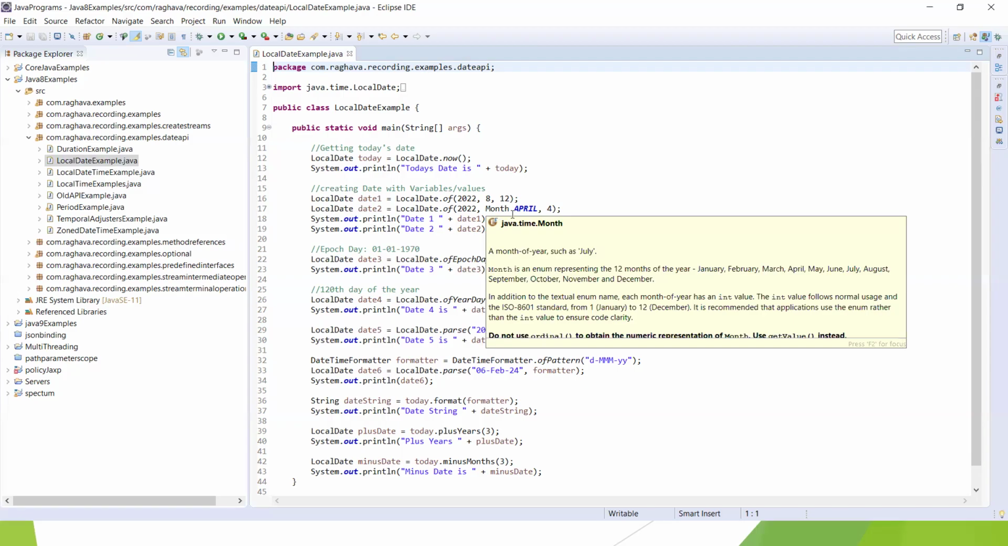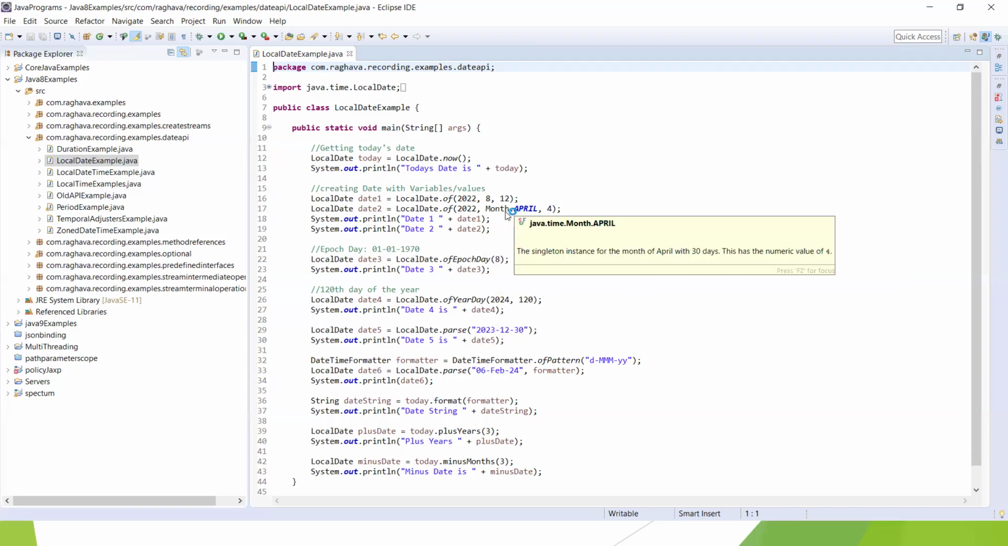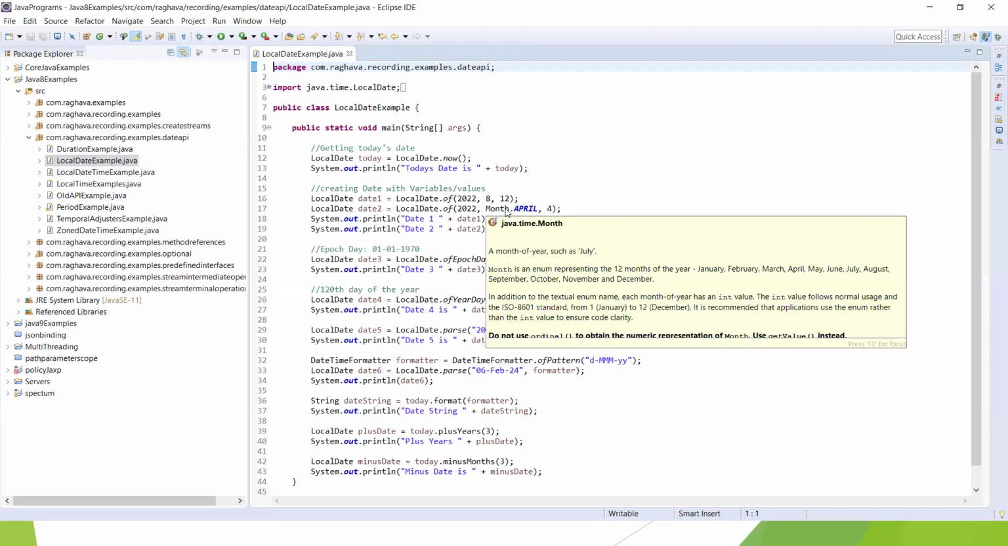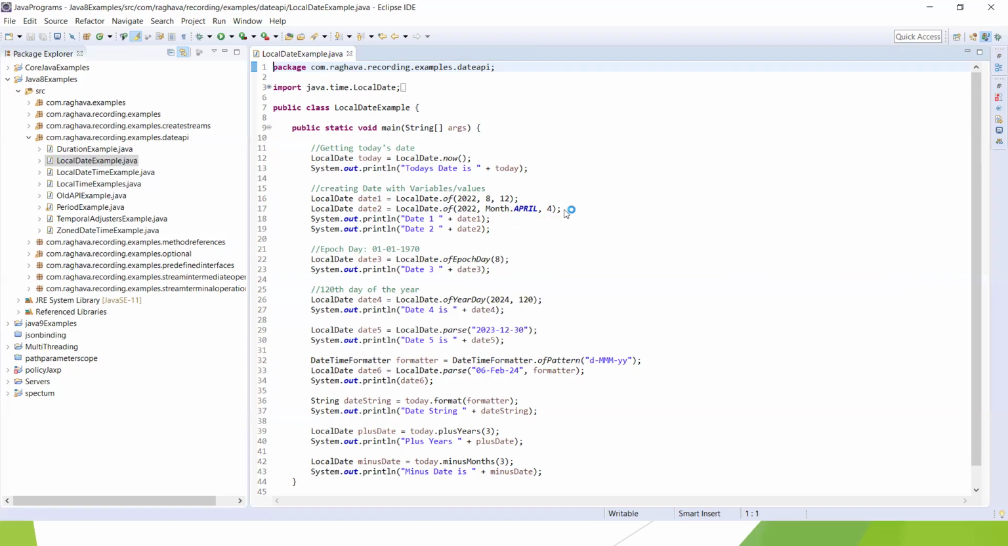This is Month, a separate class which is part of the java.time package, and using this also we can pass the month name. Okay, and this is how I created the variable objects for LocalDate by passing those values as inputs. And the next thing we have here is